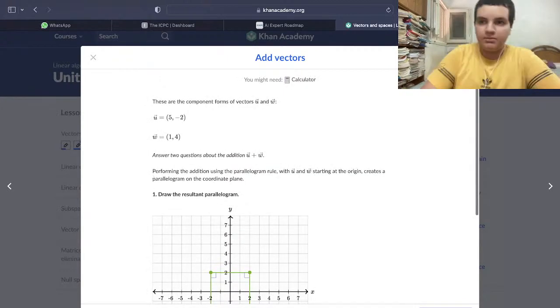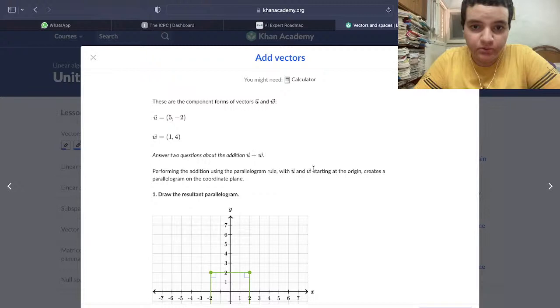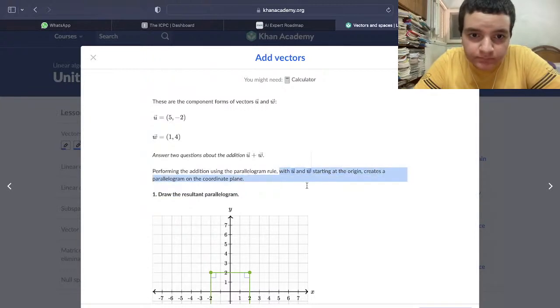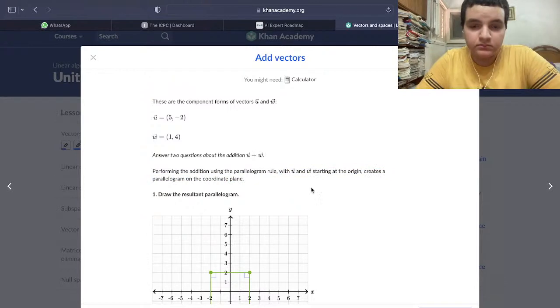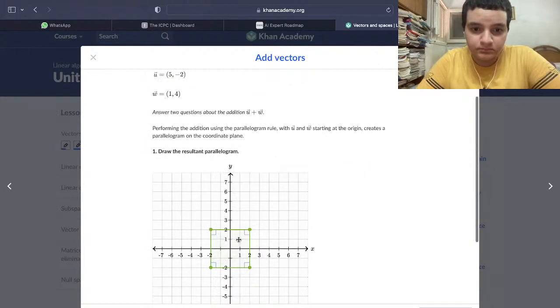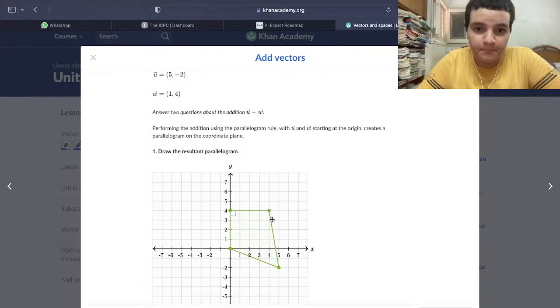So let us search about this parallelogram rule or something. So it's 5 and negative 5, negative 2, and it is 1 and 4. So this is pretty wrong. So how do we